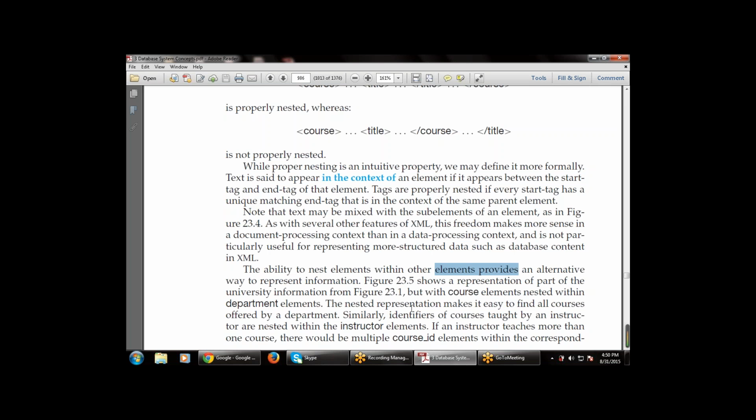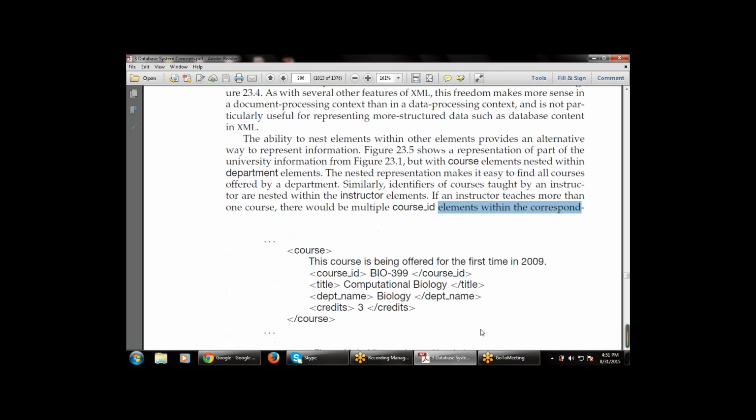The nested representation makes it easy to find all the courses that are offered by the department. Whatever courses are available will be identified by using the nested representation, because every course is available one after another. Similarly, the identifiers of the courses taught by an instructor are also nested within the instructor element. If the instructor teaches more than one course, there will be multiple course IDs available with the corresponding